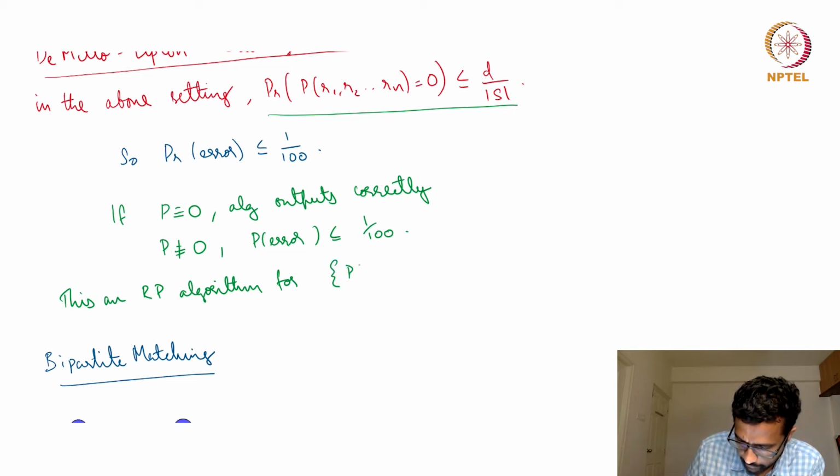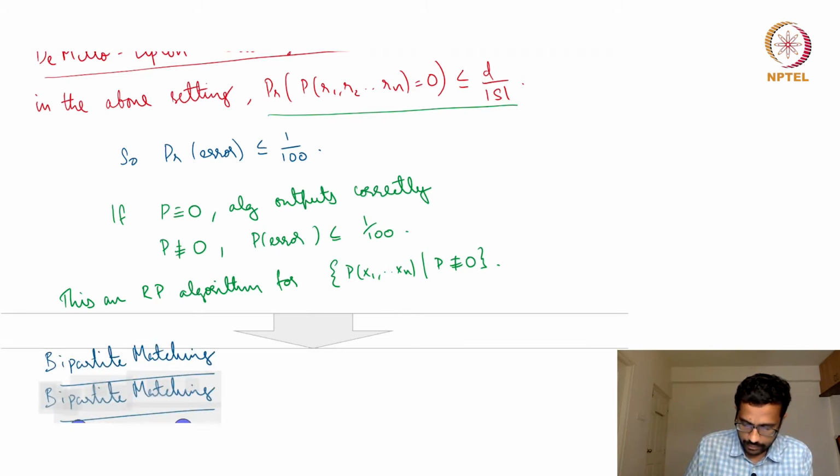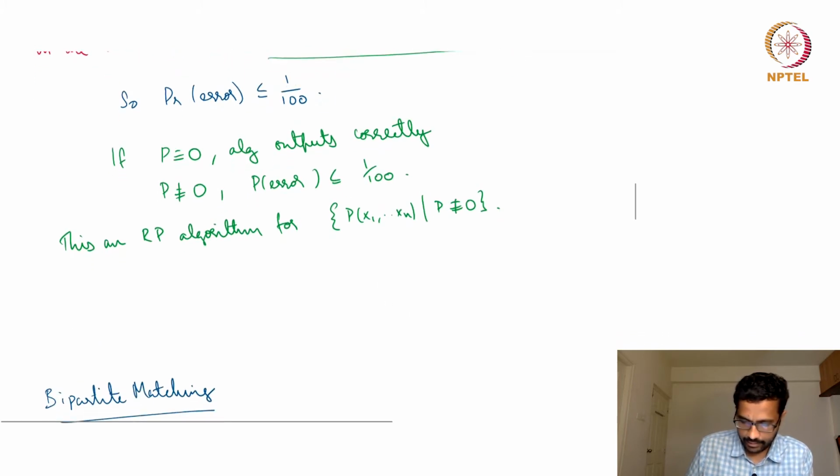Set of all P, let's say x1 up to xn, P is not identically 0. Right, so there is a small error in the case of it not being 0, and in the case of it being 0, it is outputting correctly. And this problem is kind of interesting, and the reason I'm saying this is because